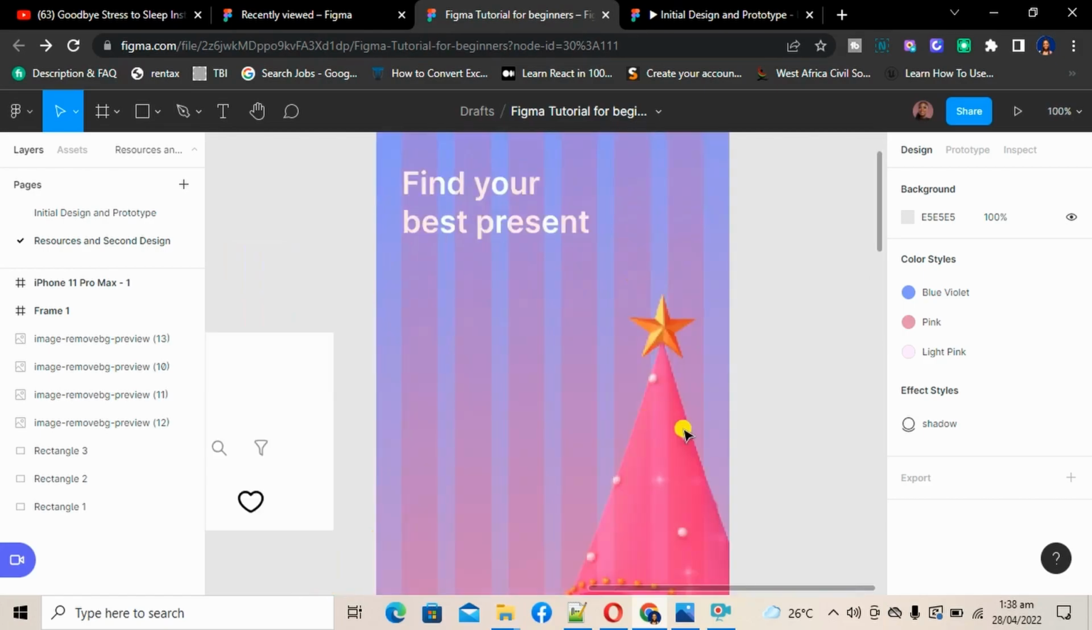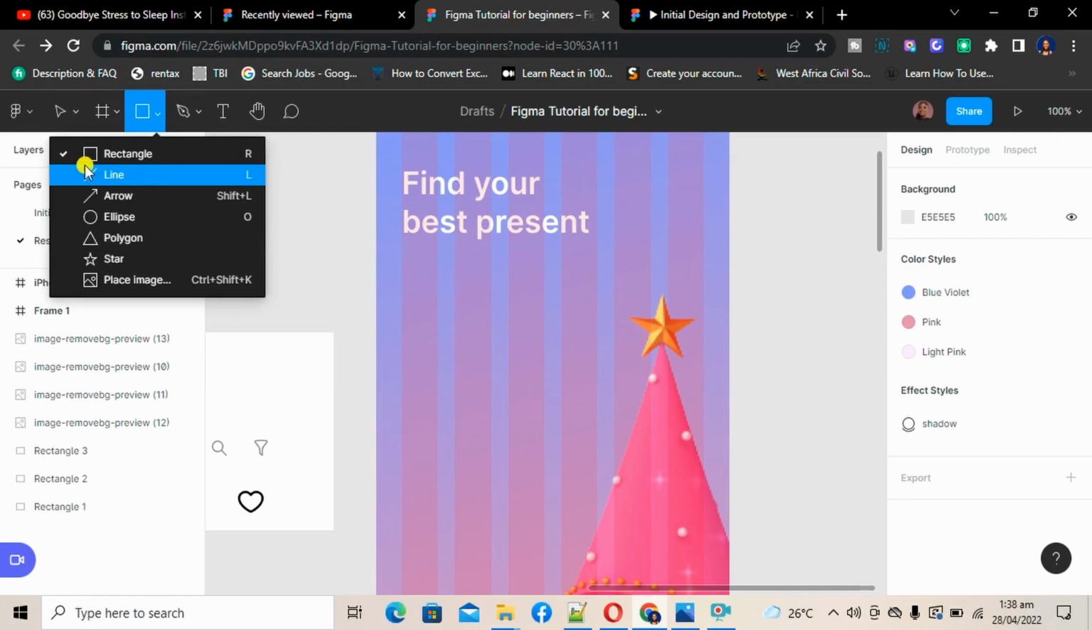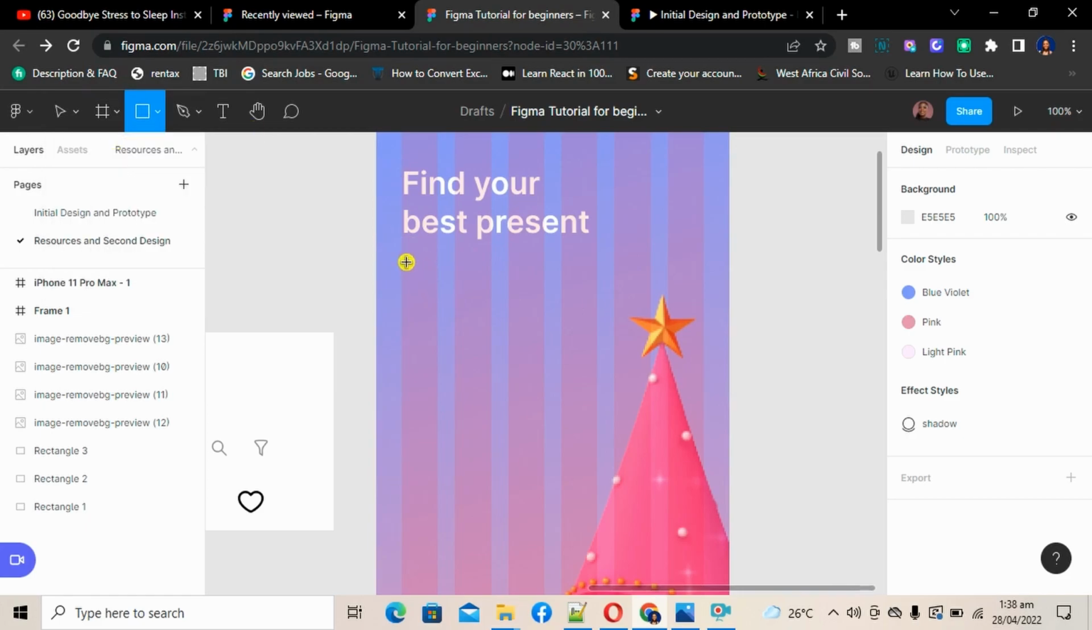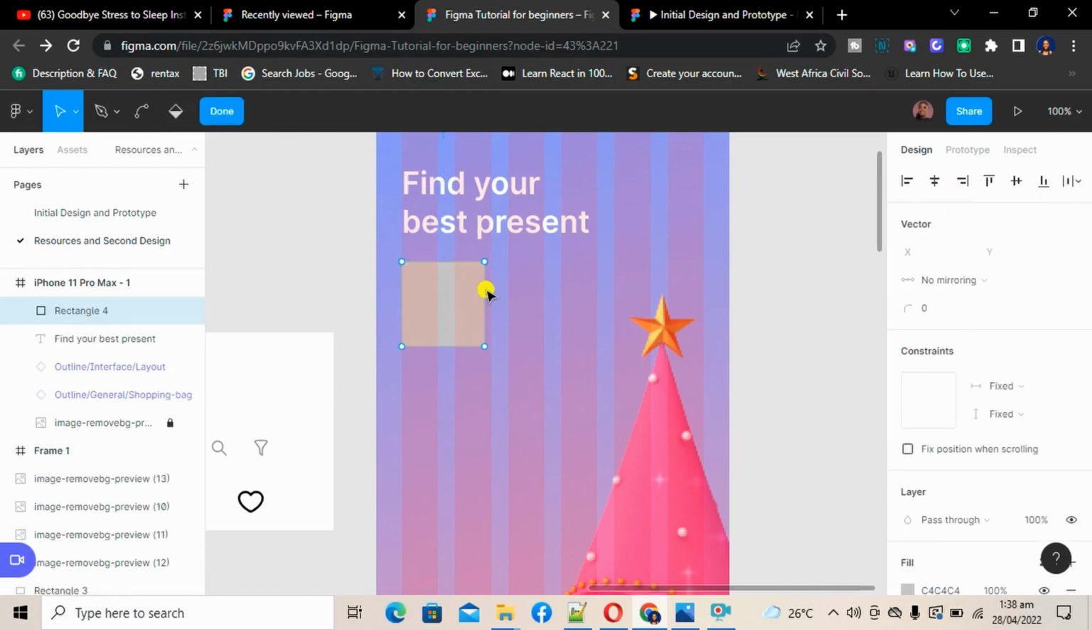Okay guys, so now the next part is to draw our search bar. To draw our search bar, I'll just click R to draw my rectangle, or you can come up here for beginners and then click on rectangle. That's fine. So right now, the reason why this grid line is so important is because it's helping me to